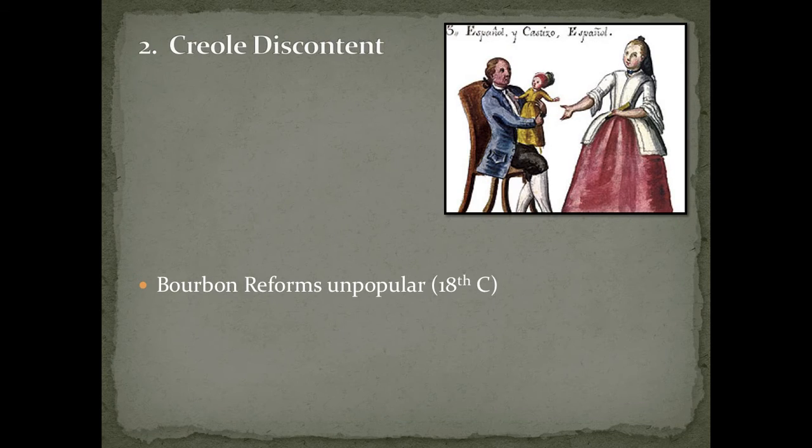All right, so a little bit more on the Creoles. Another major factor for promoting these Latin American revolutions is Creole discontent. So we know the whole Castas system developed beginning in the very late 1400s, early 1500s, a highly elaborate social hierarchy based on racial distinctions and mixed races.